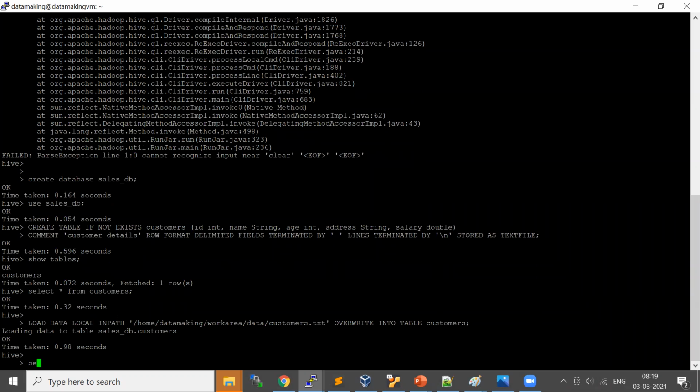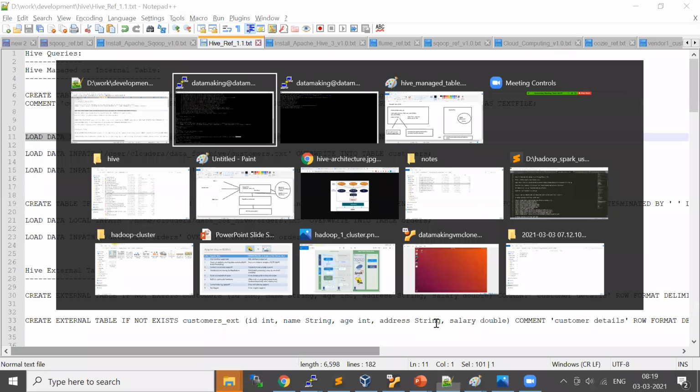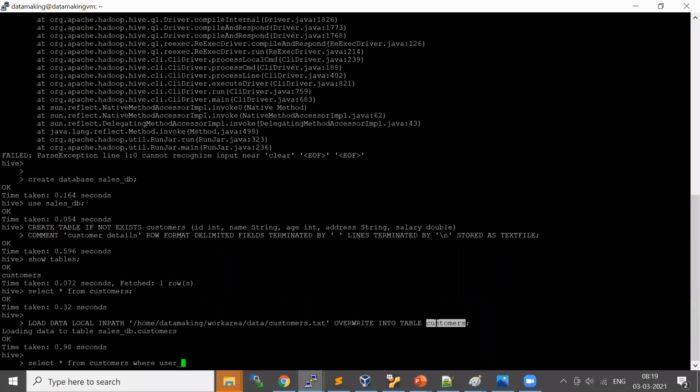So let me select where ID equal to, I'll just say ID equal to 5.